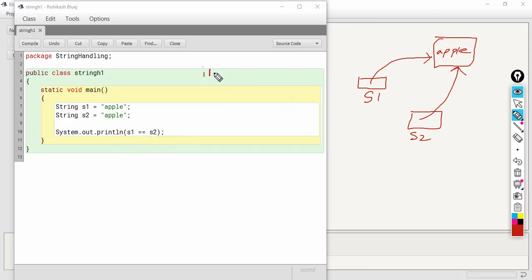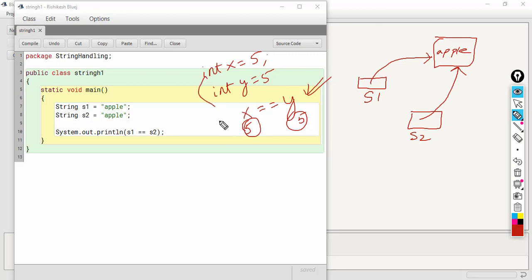If I have int x = 5 and int y = 5, I can check whether both values are equal. This is fine for primitive types. The values are compared: the value of x is 5, the value of y is also 5, so the result will be true.